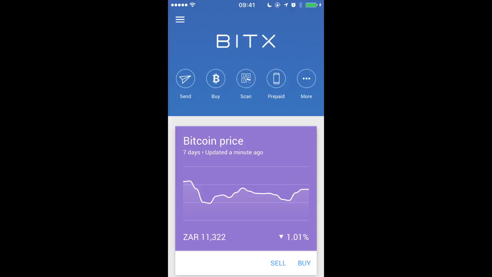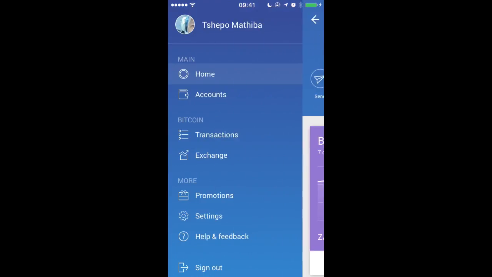Now, remember that I've got funds now in my blockchain wallet that I would like to send back to BitX so I can send them back to my bank account. So what we're going to need to do, remember we're sending funds now into BitX. So we need BitX's wallet address, okay? So I'm going to click here and say,